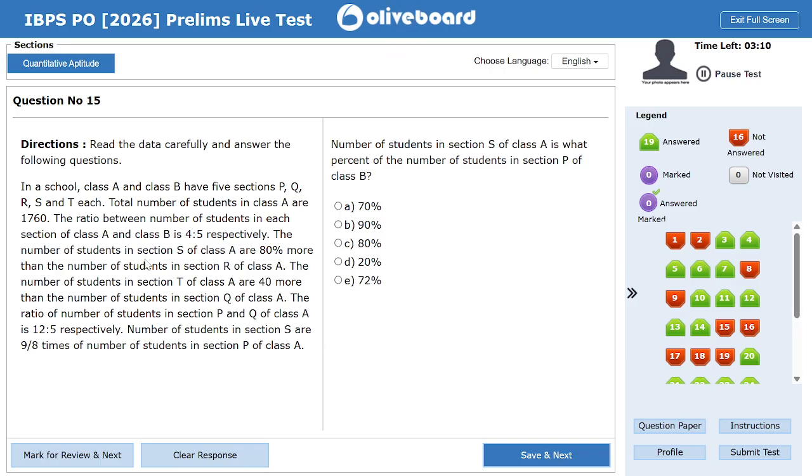The number of students in section S of A 80% more than students in section R. The number of students in section T of class A are 40 more than students in section Q of class R. So the number of students P and Q class A is 12 to 5. The number of students in section S are 98 times. Number of students in section S are